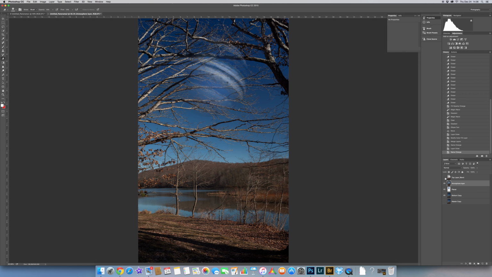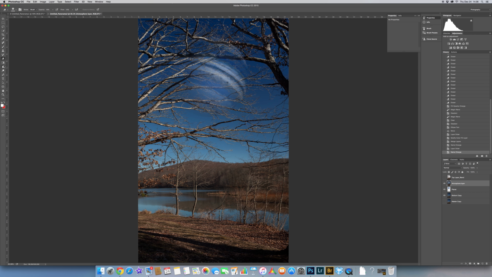So we turn this layer off. The problem is, without the outline of the trees, you notice that the trees are erased because I had to erase them when I was working on this layer. So if I take the trees out of there, you can see what's going on. So what I can do